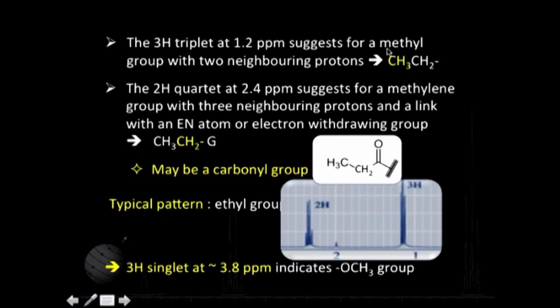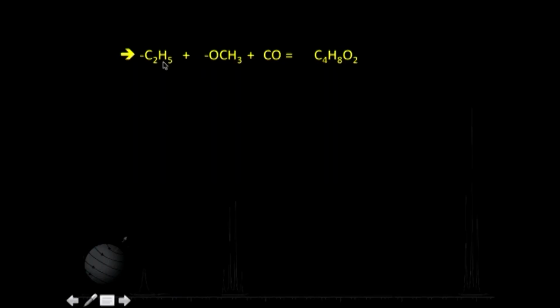So, by this we have 3 fragments here. One possibility is a methyl group, and then a methylene, and we have a pattern of this kind. That means we have an ethyl group somewhere in the molecule. That is number 1. And number 2, we have something like OCH3. Let us see how we go further. Now, if I look at this, what do I have? I have C2H5, that is the ethyl group, OCH3, and of course a carbonyl group which we expected, to account for the location of our